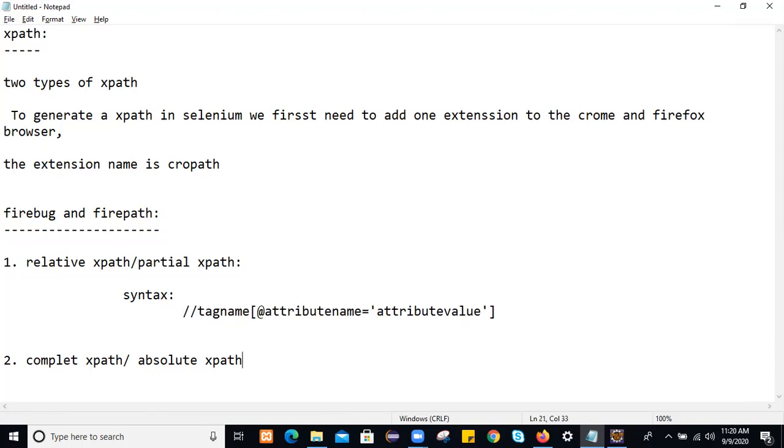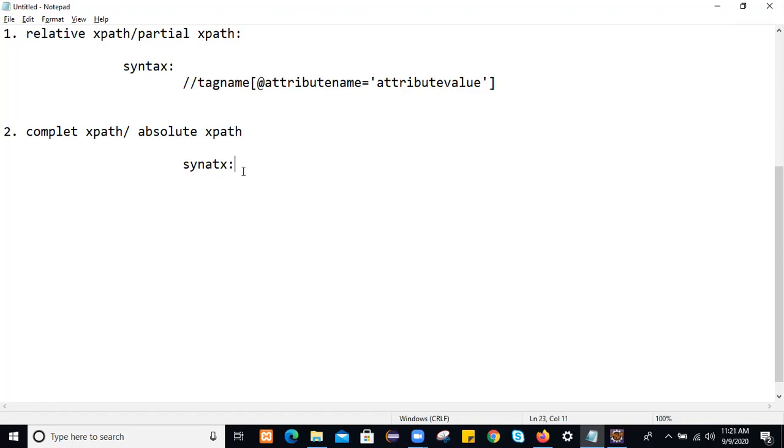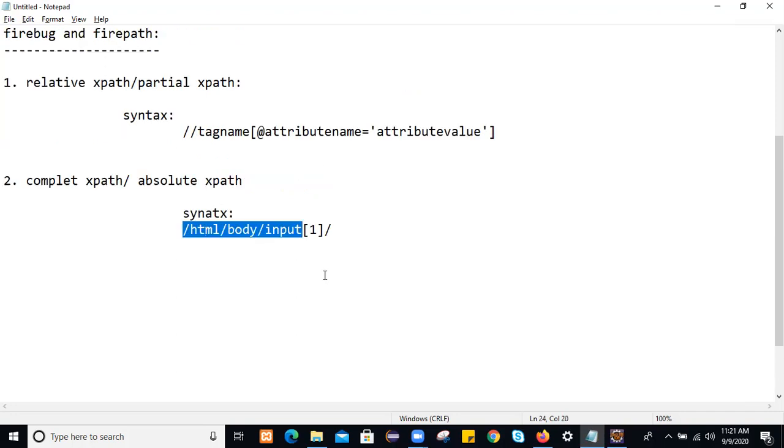And the absolute XPath, what is it? This absolute XPath will start from the root node. What is the root node? The root node is HTML, and it will start with a single /, from HTML. Then if there is a body, it will go to body. Under that body, if you have an input tag, then the input tag. On which input tag are you working? Let's suppose you are working on the first input tag. Under that input tag, you have that particular element. It will start from the root node, so root is the HTML, and then under that we can generate this.